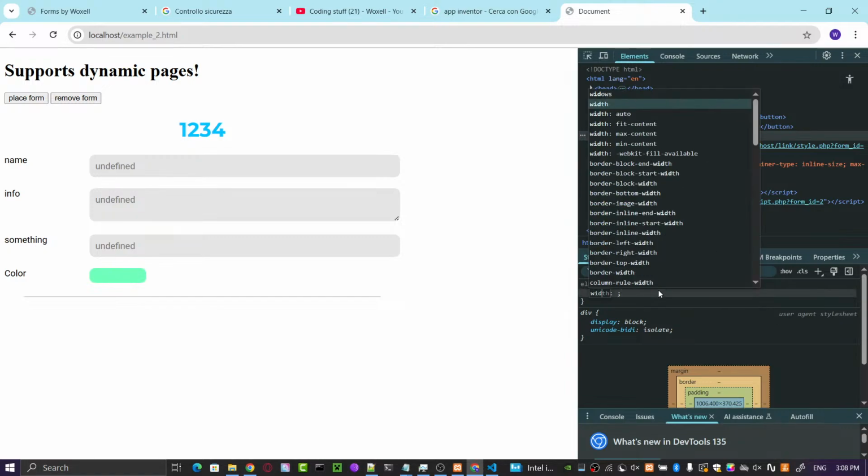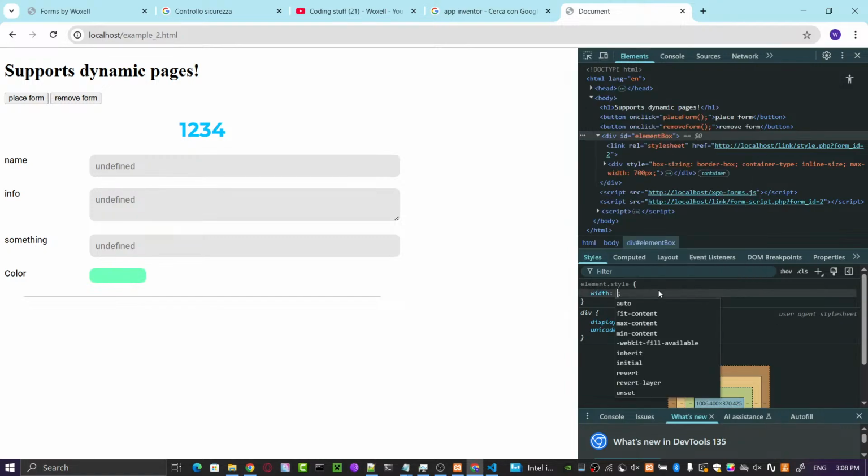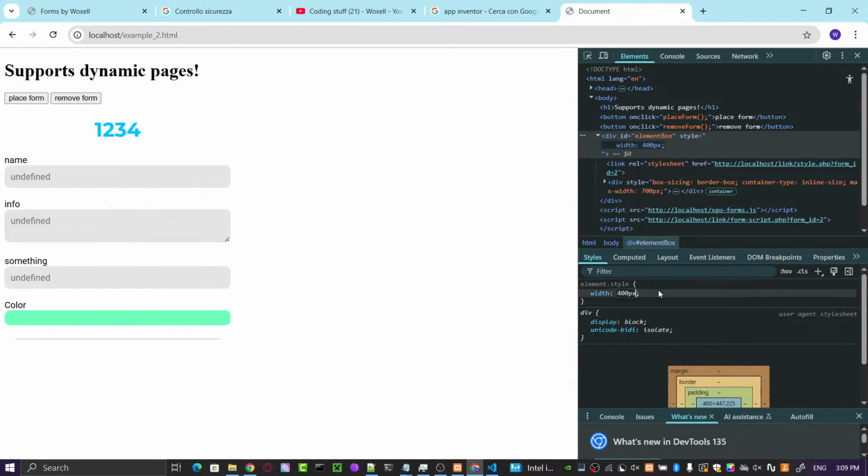If you want to set the width to 400 pixels, you can do it easily. It's flexible.